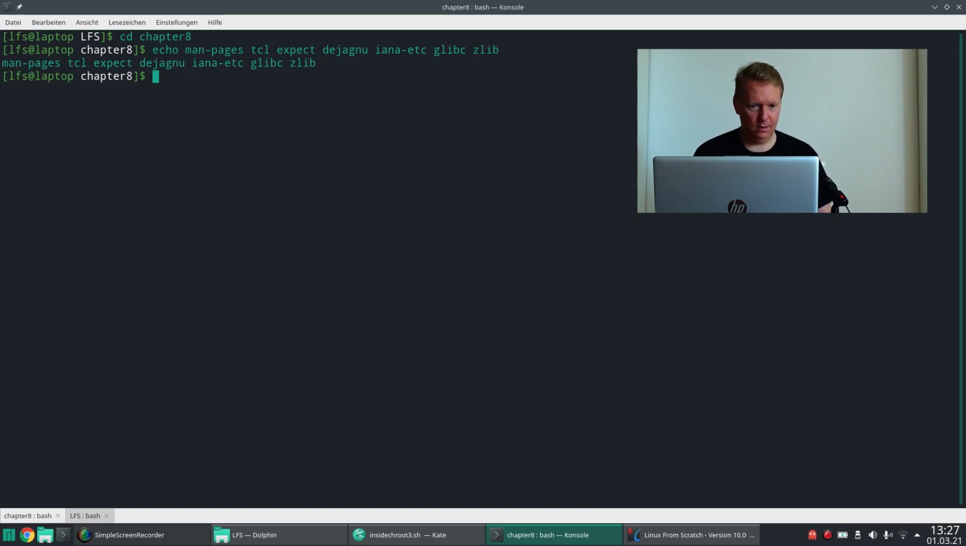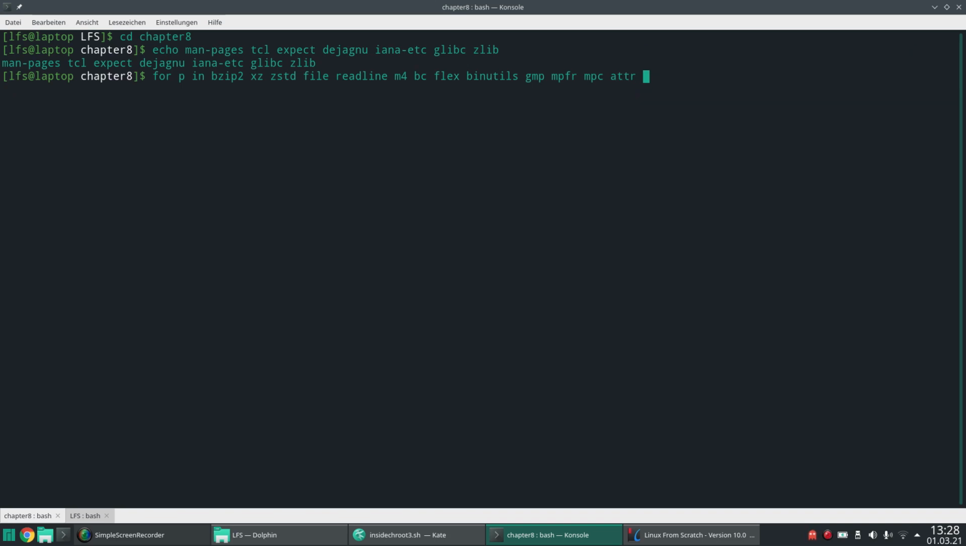zlib. And now I will just create empty files for bzip2, xz, zstd, file, readline, m4, bc, flex, binutils, gmp, mpfr, mpc, attr, acl, libcap, shadow, gcc,